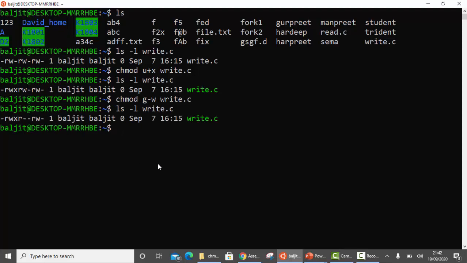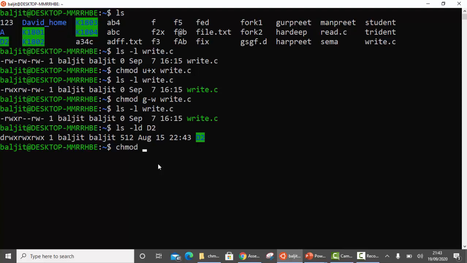Alright, now same goes for the directory. Let us do one for the directory also. So there is a directory D2 in my system. If I check the current permissions on D2, so it has got all the permissions for everyone. Now let us suppose I want to deny the execute for all.